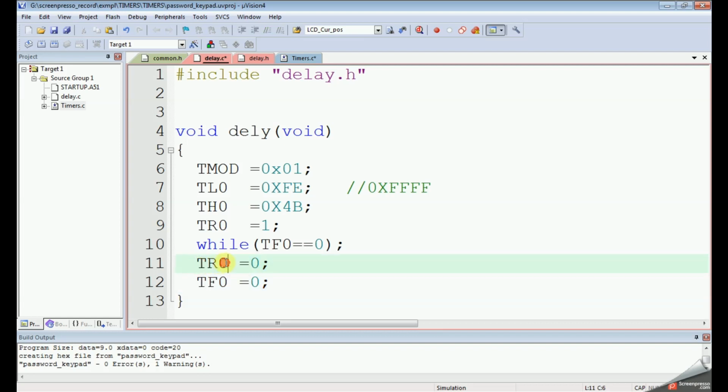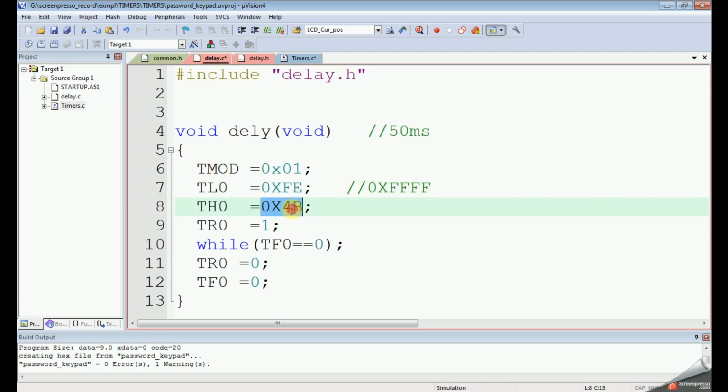If it is for timer 1, we need to use TR1 and TF1. It's a simple program we can write to generate a 50 millisecond delay. I hope you understood.